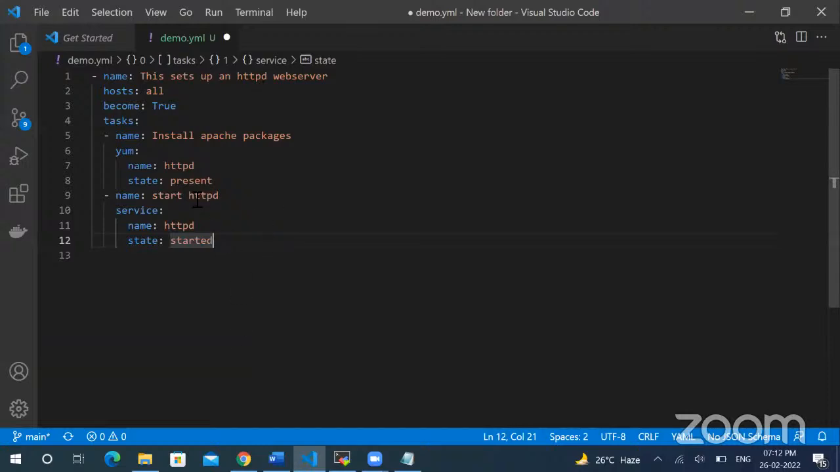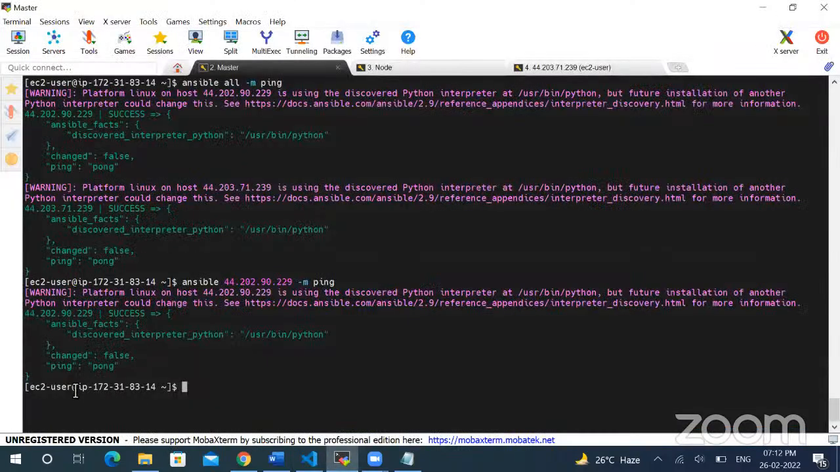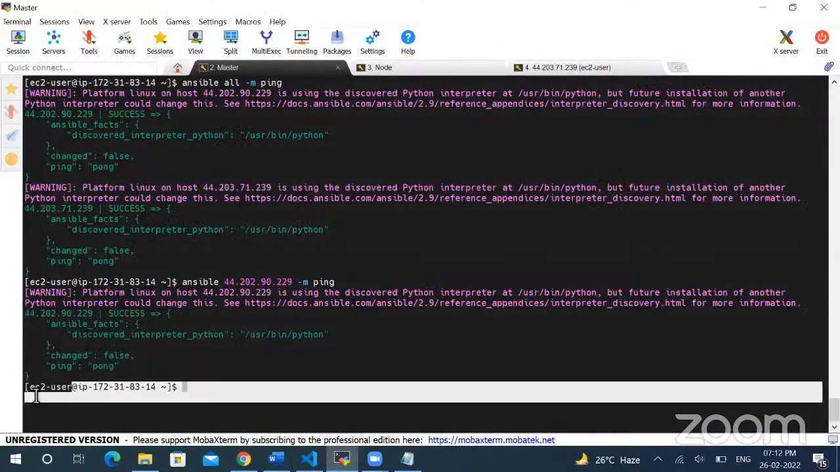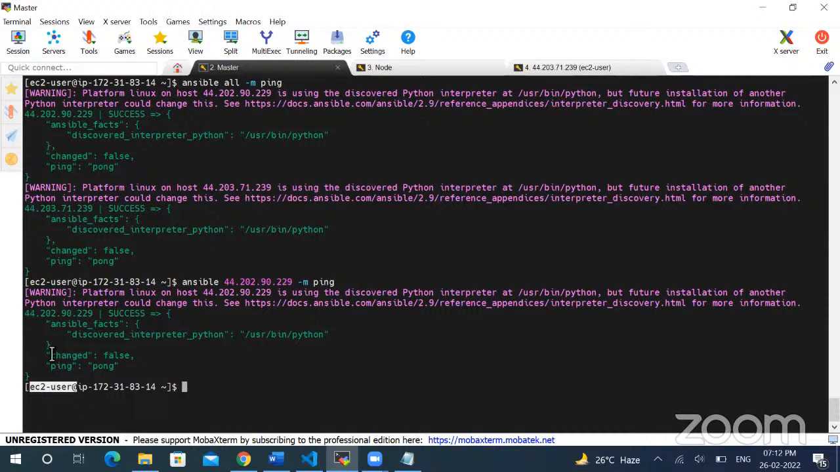Okay. Now let's talk about this. What exactly is become? I hope you remember when I was trying to configure my Ansible, when I was trying to install, I was giving sudo, right? What is sudo? Sudo is actually the